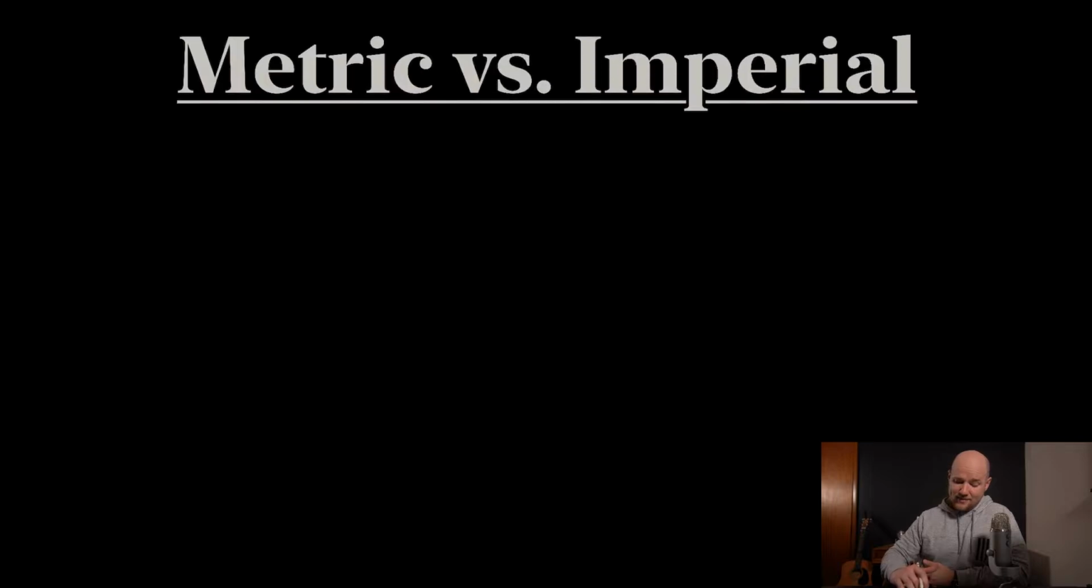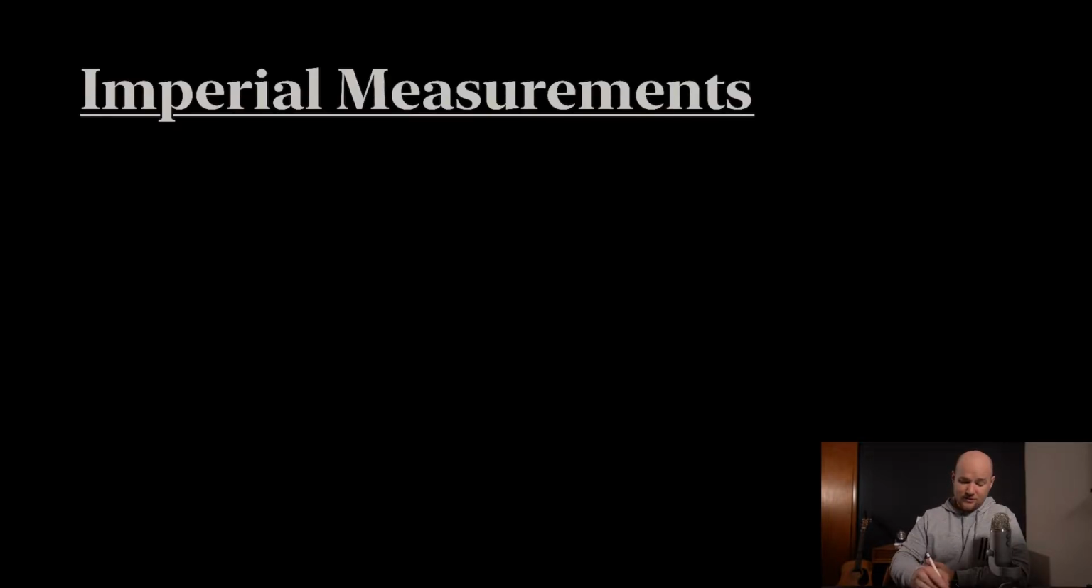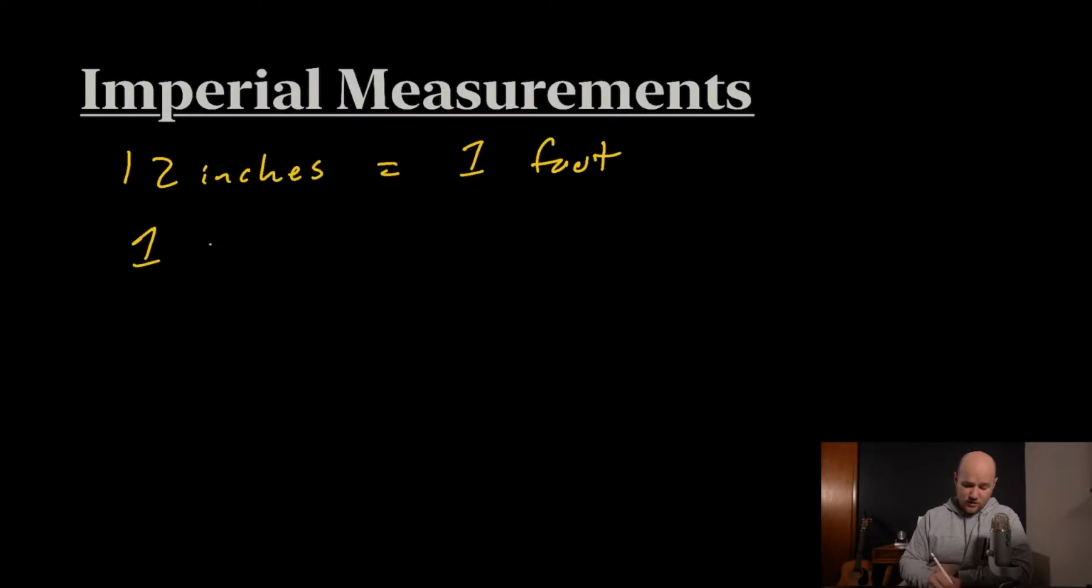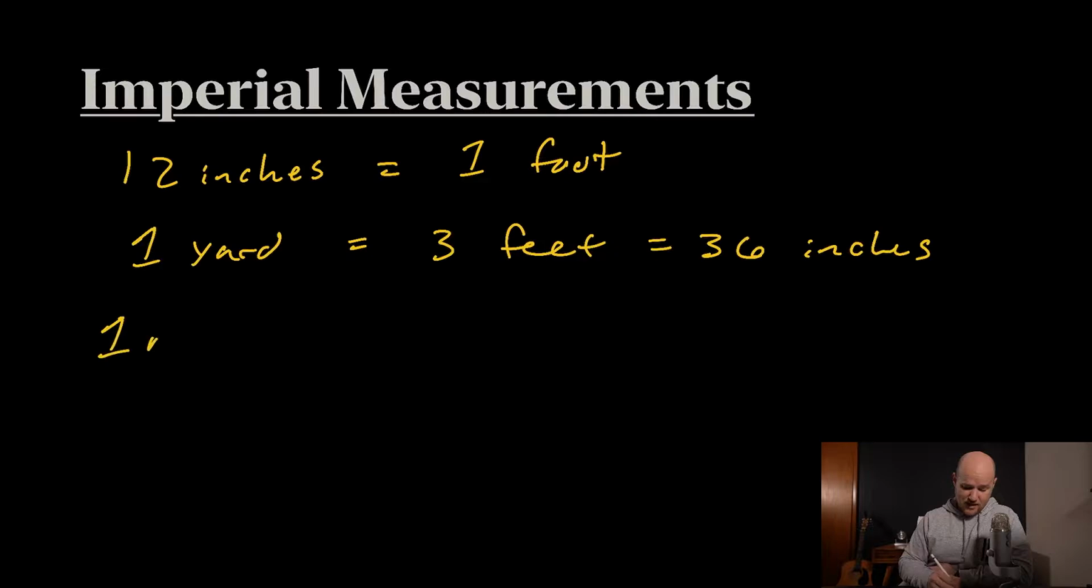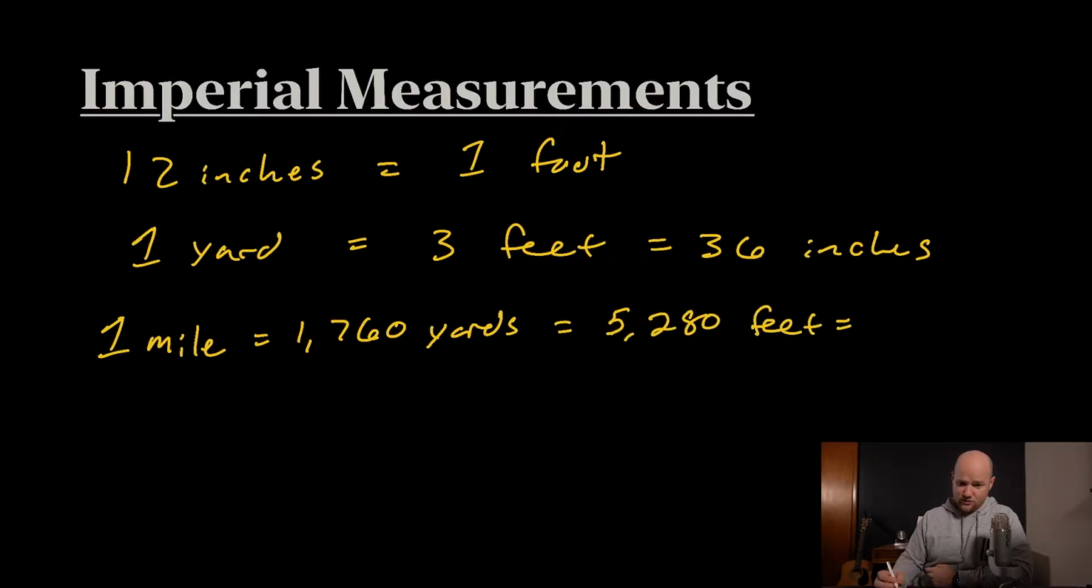So let's talk about the imperial units real quick, and maybe you'll see what I'm talking about if you're not already familiar with how convoluted imperial measurements are. So if I have 12 inches, we know that that equals 1 foot, right? And if I have 1 yard, I know that that equals 3 feet. And 3 feet equals 36 inches. And if I have 1 mile, I know that that equals 1,760 yards, which is equal to 5,280 feet, which is equal to